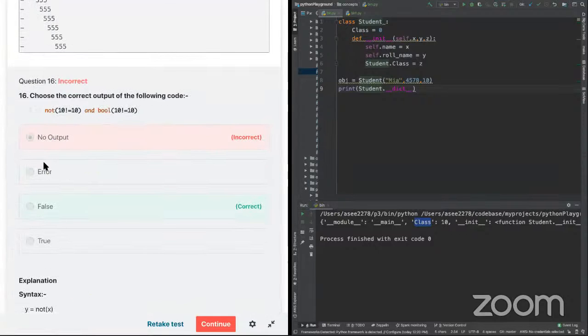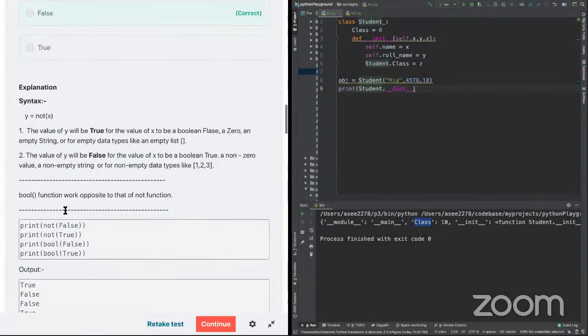This one is no output. This was a bit ambiguous because we tried false, but since there is no print statement, this shouldn't print anything. But that's fine. We solved it right, and I also explained that not basically negates the value. If it is false, zero, or empty string, or empty array,